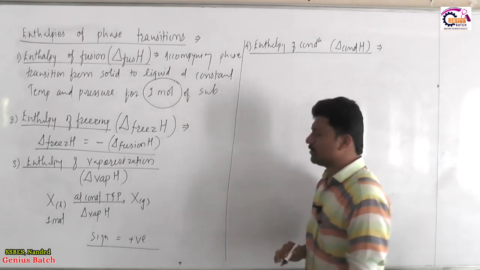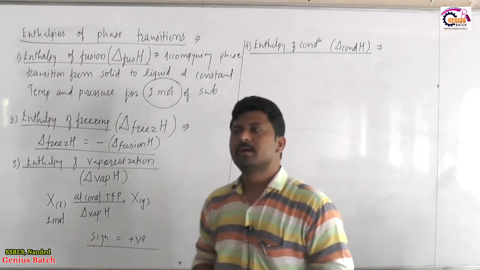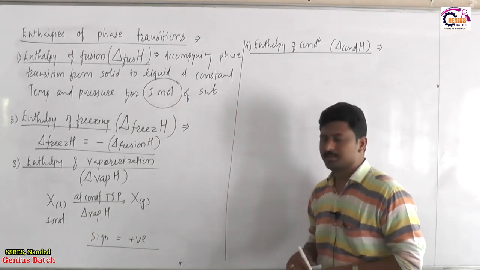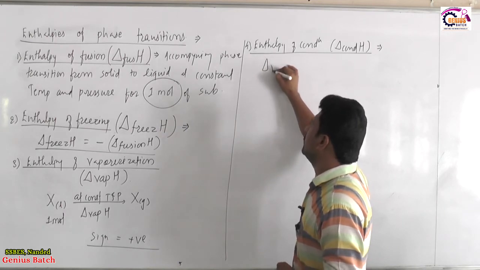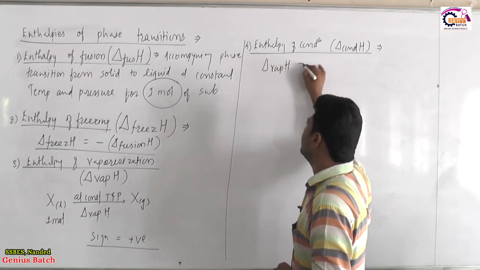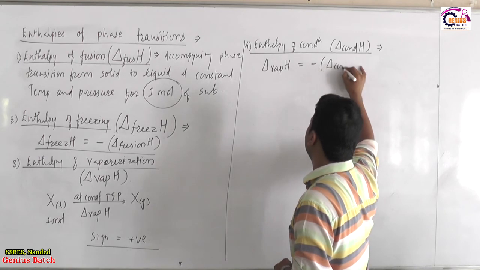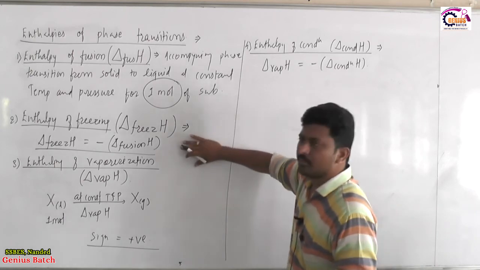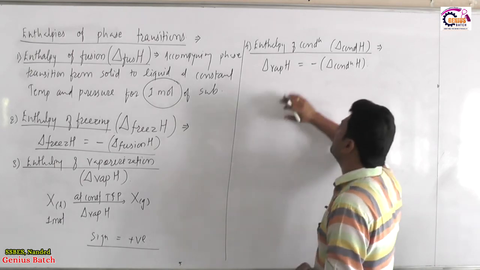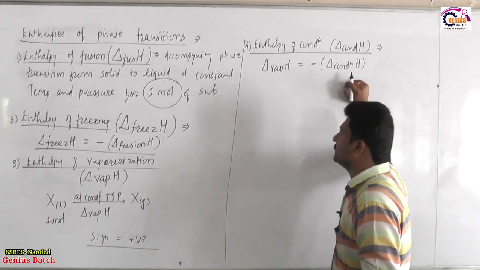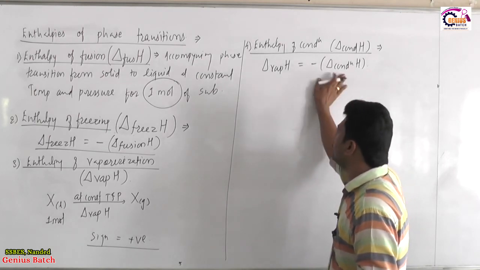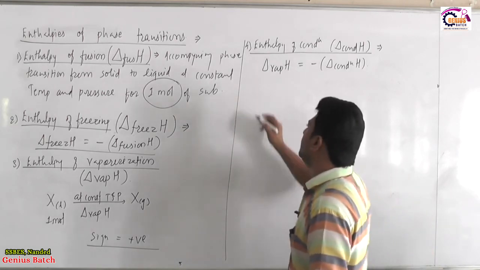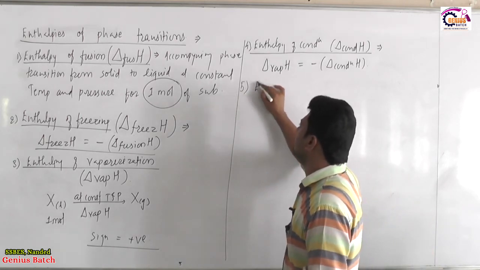It is the conversion of 1 mole of gas into liquid at a constant temperature and pressure again. So this will be the reverse of vaporization. So with the sign functions, enthalpy of vaporization is the reverse of enthalpy of condensation. Like here, freezing is the reverse of fusion, vaporization is the reverse of condensation, or we can say enthalpy of condensation is the reverse of vaporization, negative of vaporization. And then the fifth one is enthalpy